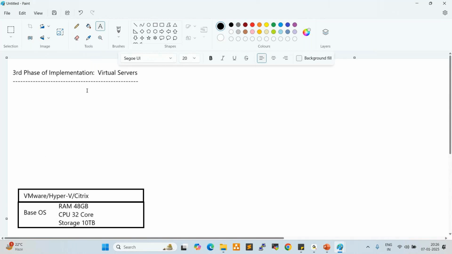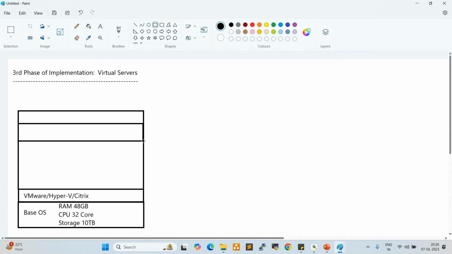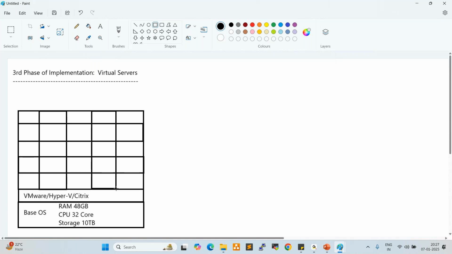So on top of this, I create virtual servers like this. These are the virtual servers, right?